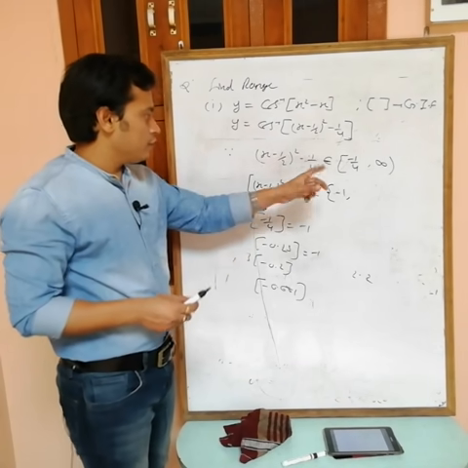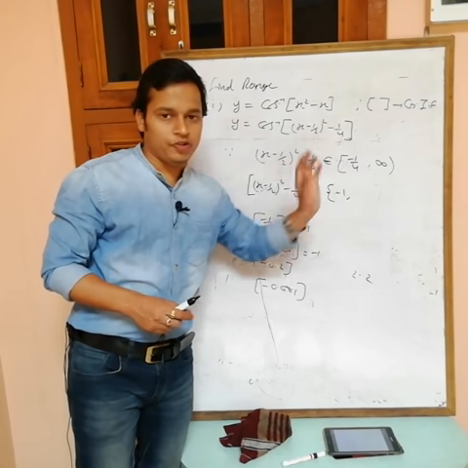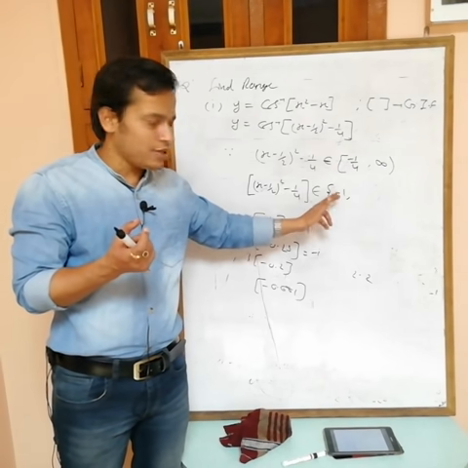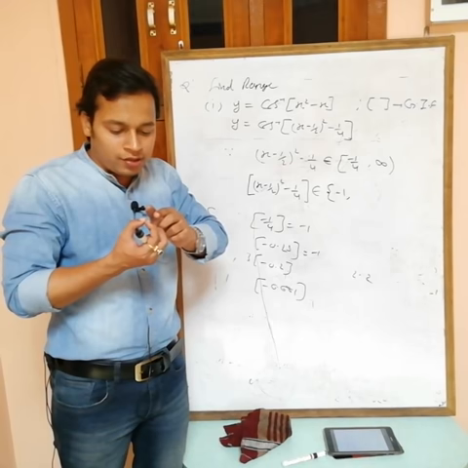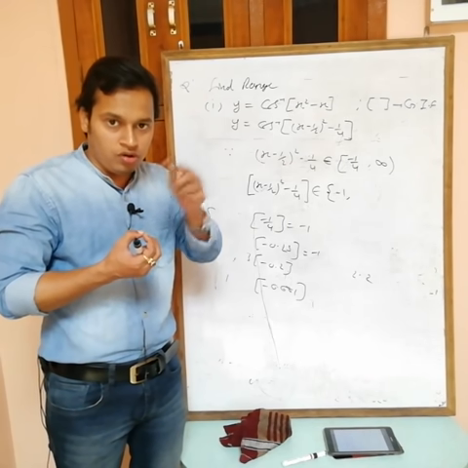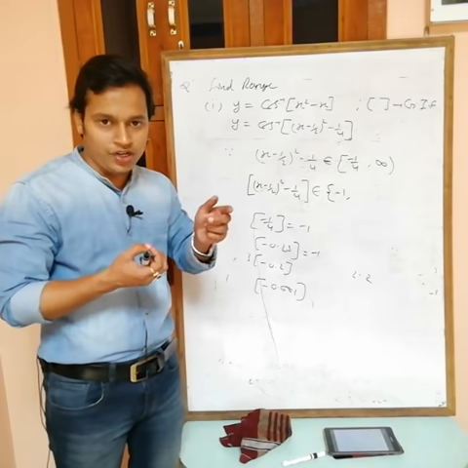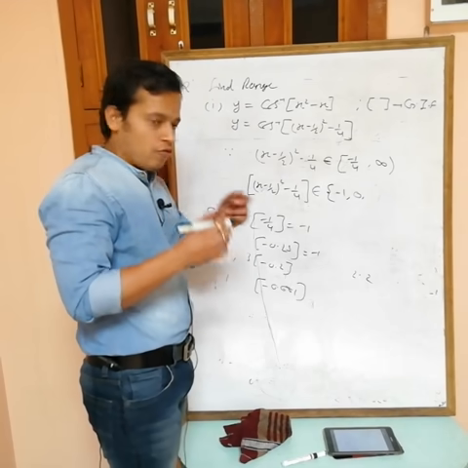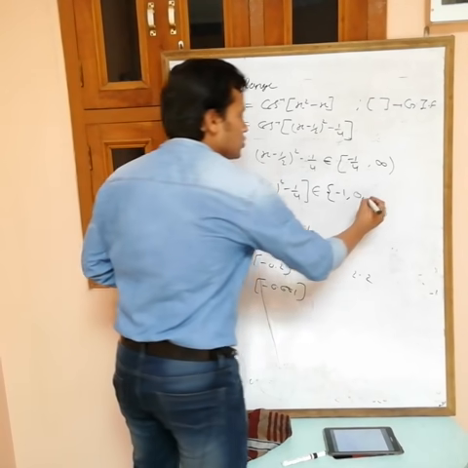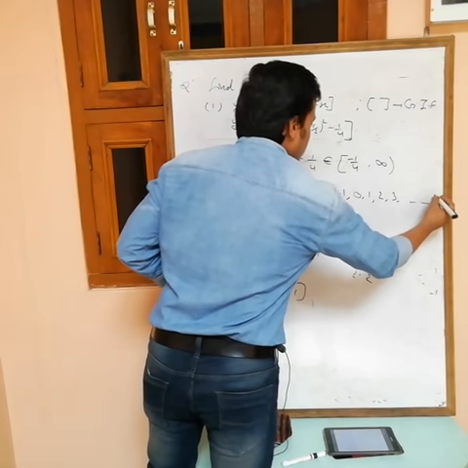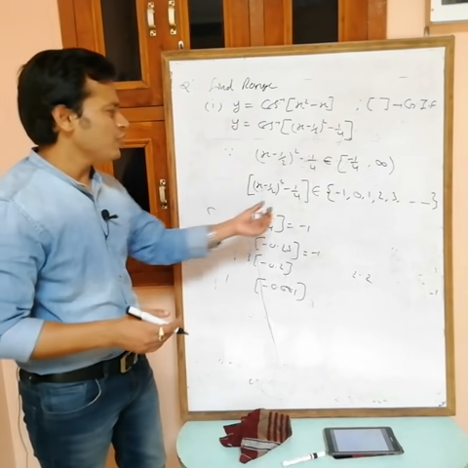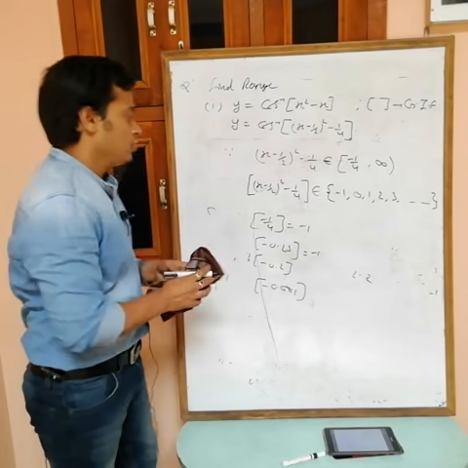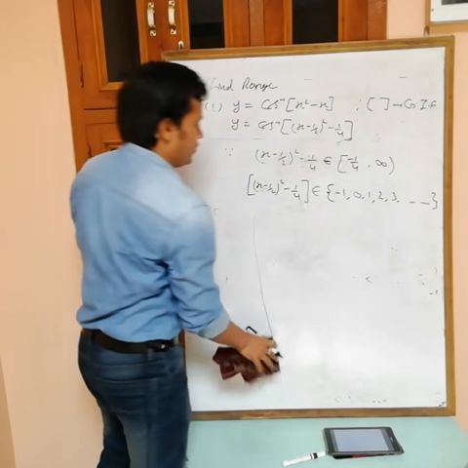Now this can take all values from minus 1 by 4 to infinity. When this lies from minus 1 by 4 to 0, the greatest integer is minus 1. After that, when this takes values from 0 to 1, the greatest integer is 0. When this takes the value 1 to 2, the greatest integer is 1, then 2, 3. These are all the possible values of this one. Just find the minimum integer and then take them continuously.